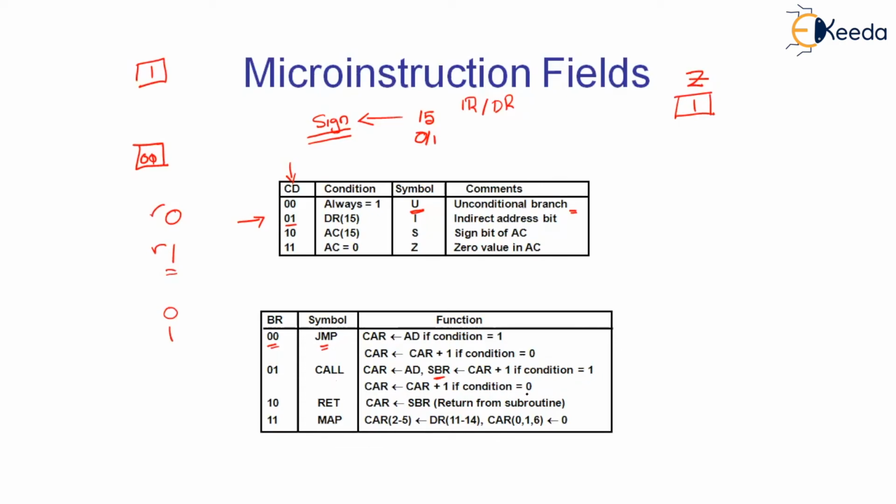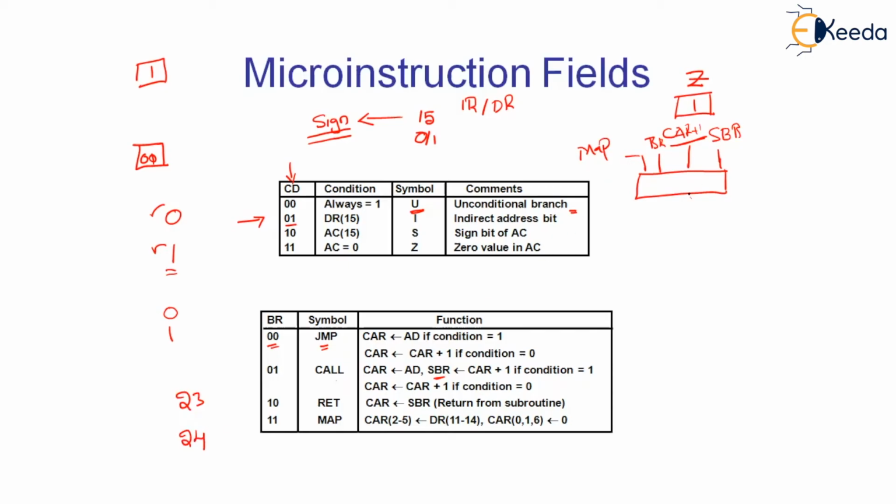Okay, if the condition is not satisfied, we are going to take the next address, that is CAR plus 1, to the CAR itself. You know that the sequencer has 4 inputs. One is SBR, one is CAR plus 1, one is branch, and one final one is map. Subroutine register value will be taken if we are returning from a branch. CAR plus 1 is taken when there is no branch. That is, when we execute the 23rd instruction, let us say the next instruction is 24.